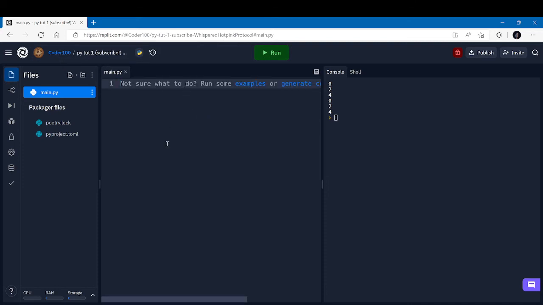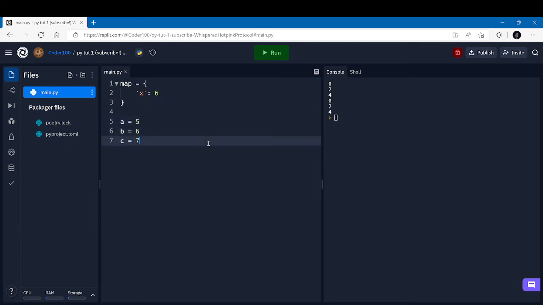Alright. And the final thing we're going to talk about are dictionaries. So we're going to define a dictionary. How about like that? And they're not really like dictionaries as in definitions for words. Dictionaries are basically like if you have a string called x, you could assign that a value 6. And what makes this super useful is like if you have a equals to 5, b equals to 6, c equals to 7,